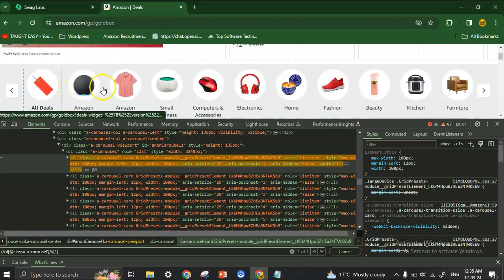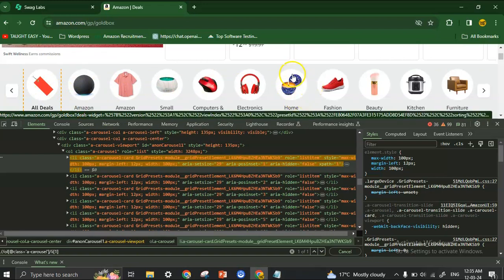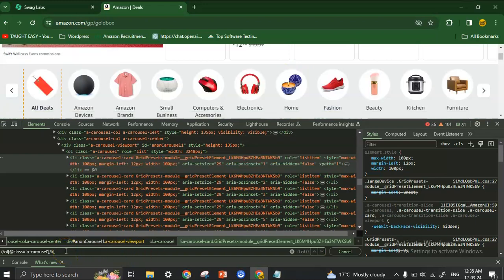So here 1, 2, 3, 4, 5, 6, 7. This home item is at list number 7. So here we can write li in brackets 7 and we can simply see this. Okay, so this is how we write the XPath for the elements which have no unique